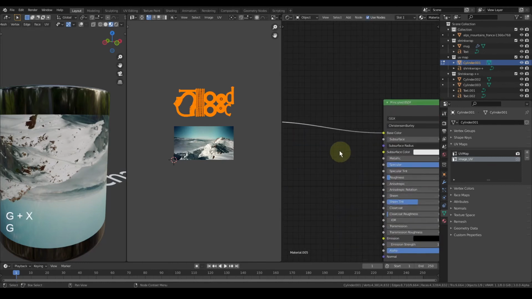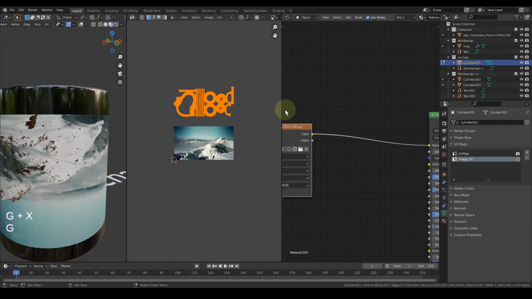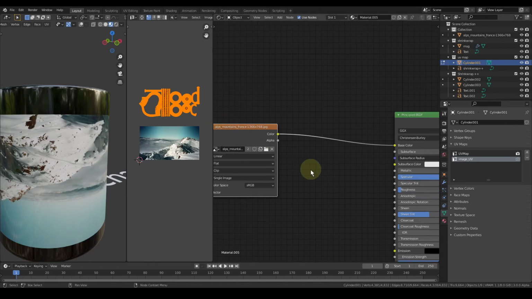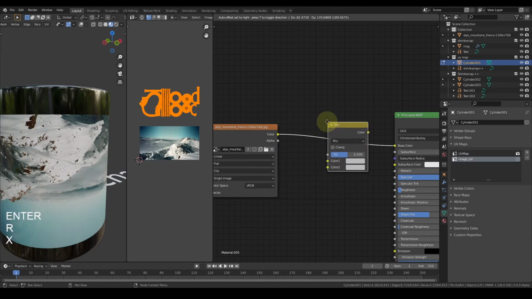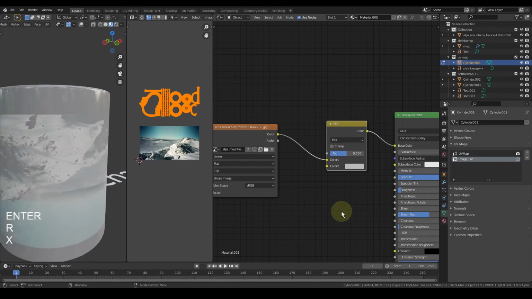I'll keep it like this. Just press Shift A, search for mix RGB and place it over here. Currently what Blender is doing is mixing white and the texture that was visible here, mixing them together just like watercolor.